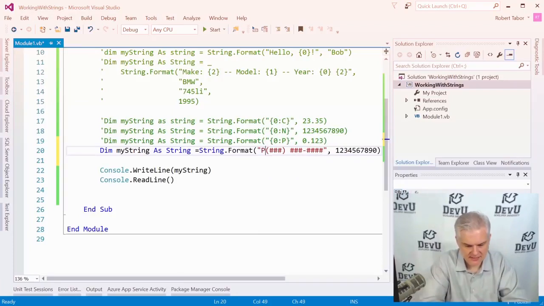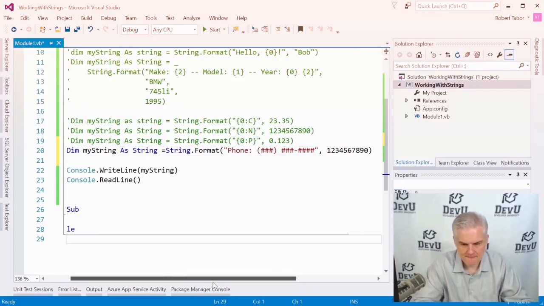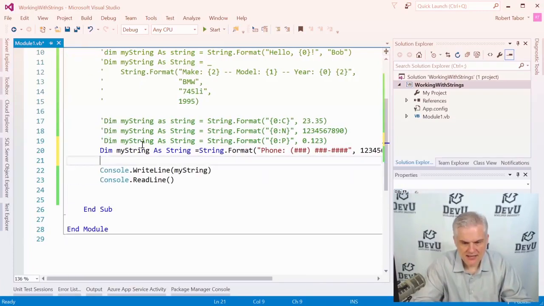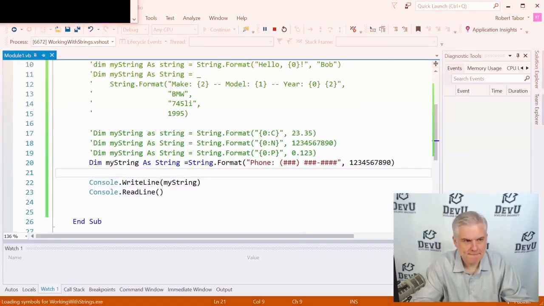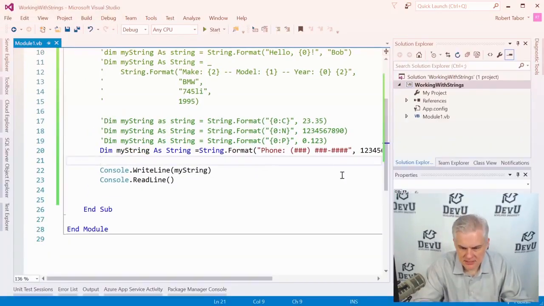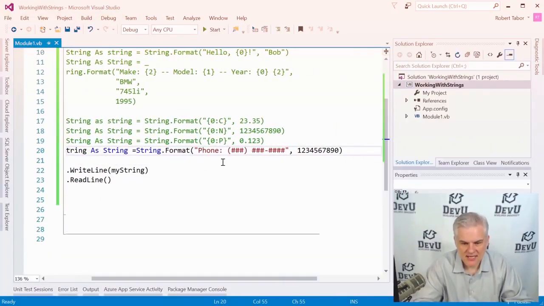I could even do something like this, phone colon, just to kind of flesh out this example a little bit. All right, so now let's see that in action. Let's run the app. And whoops, didn't do something here. Oh, that's right. All right. I didn't give it the